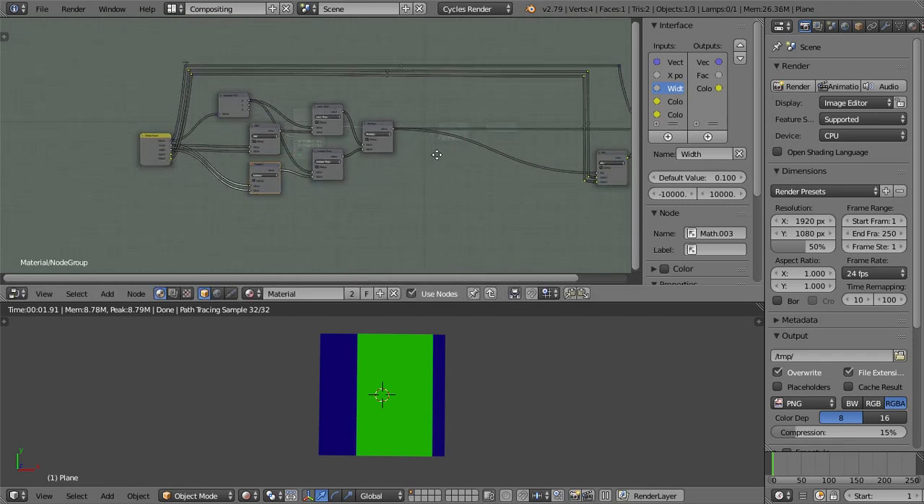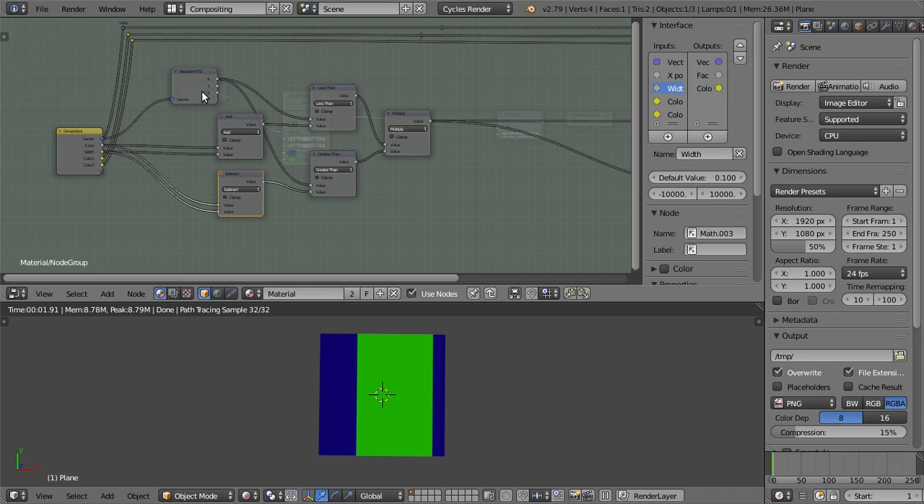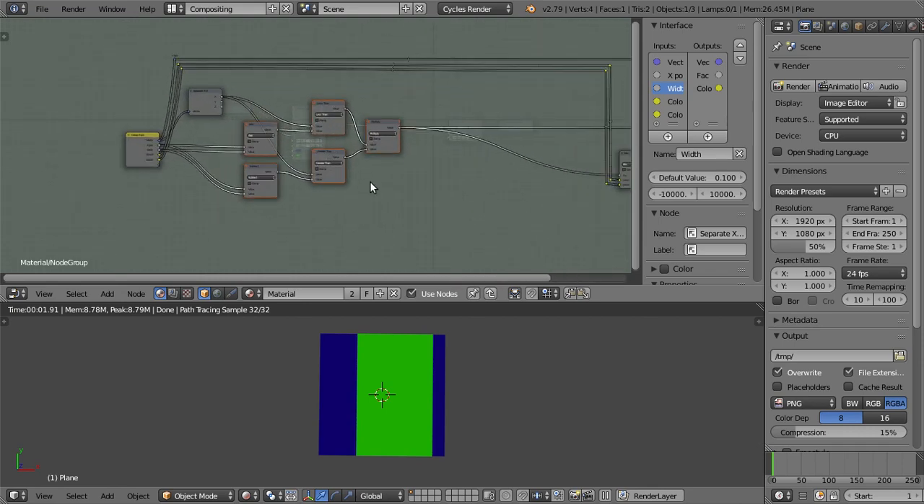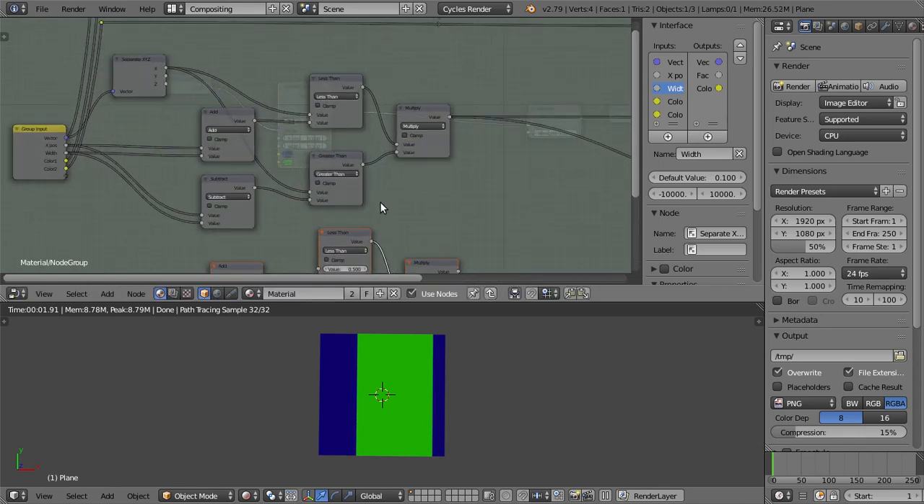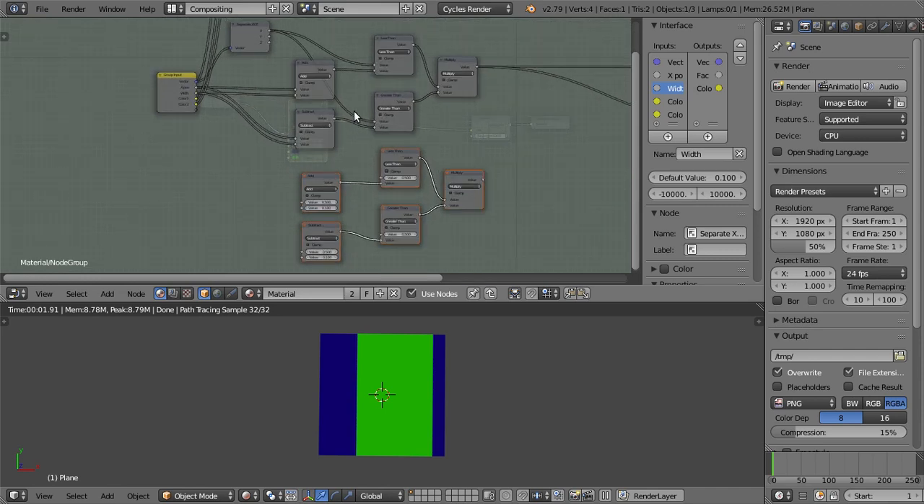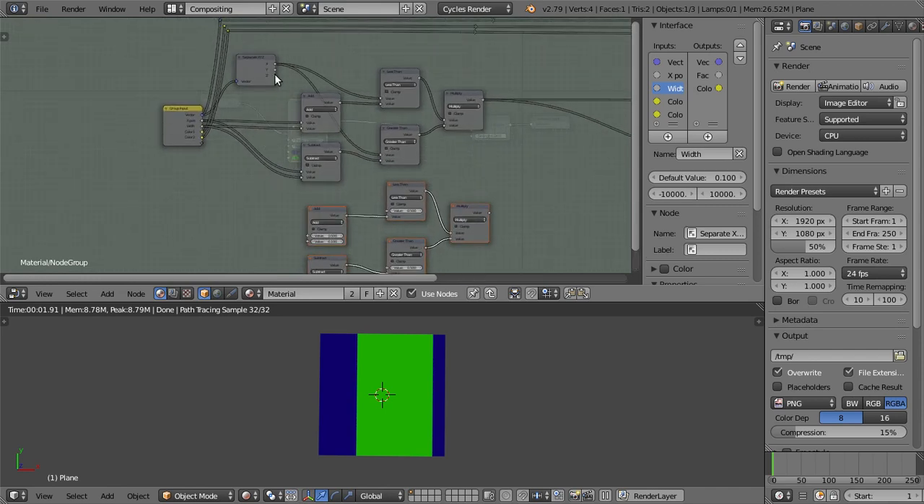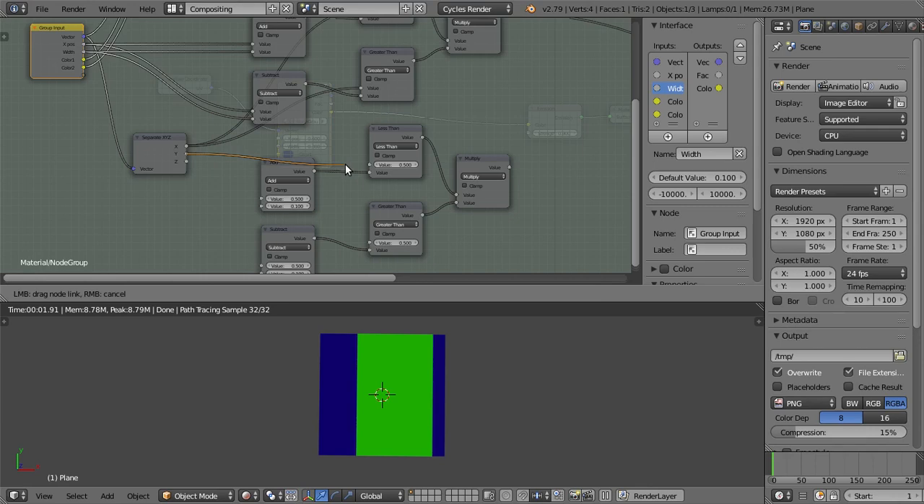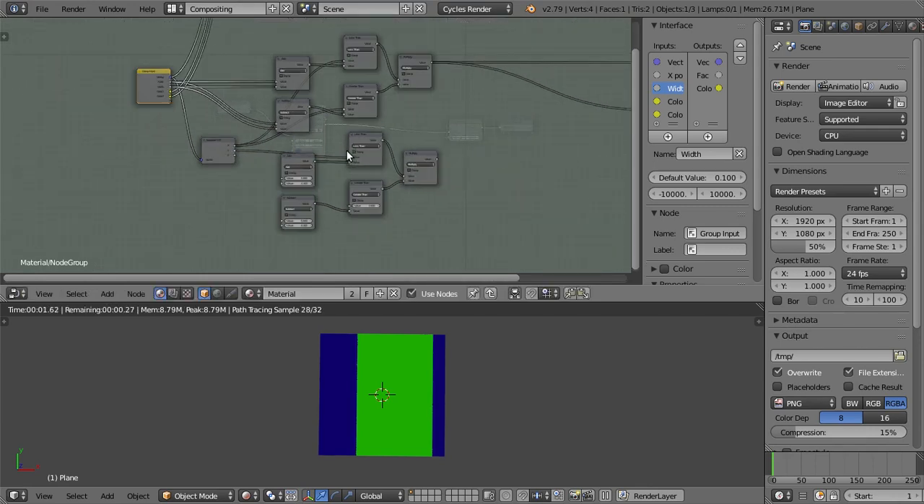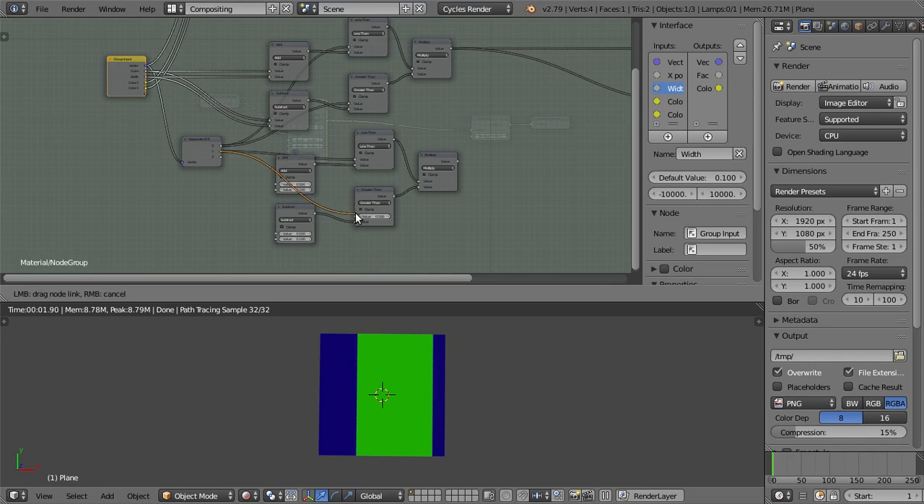Sorry. Everything short of the XYZ separator. So I am going to duplicate that. Alright, duplicate that. Shift D, duplicate. So now I am going to use the Y. Let me just drag this down here. So now the Y value for less than, Y value for greater than,